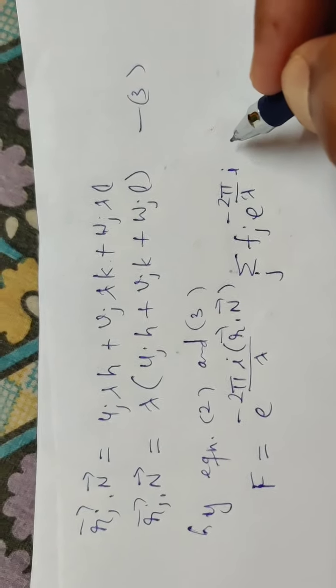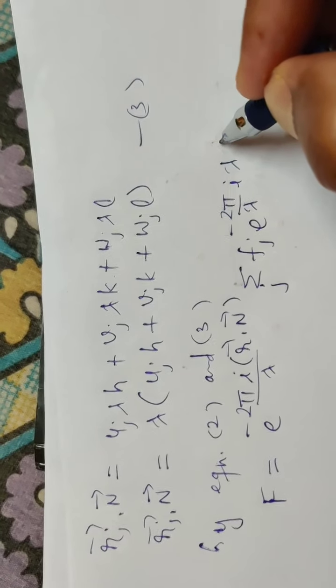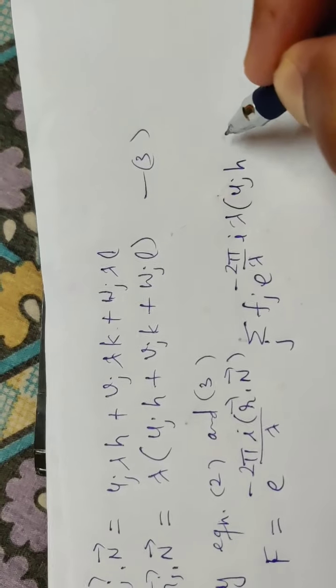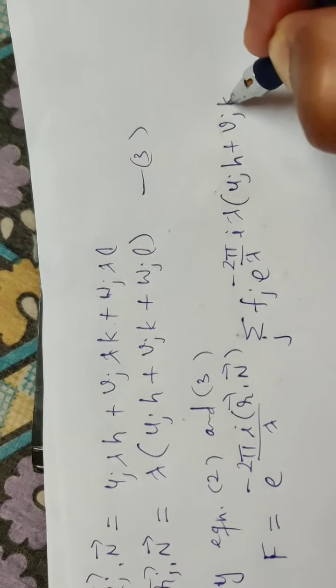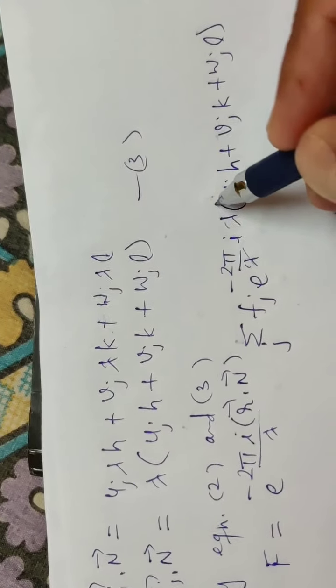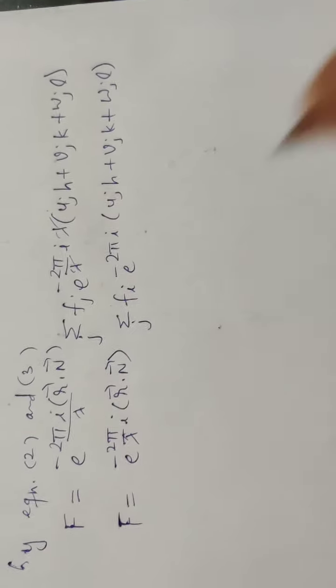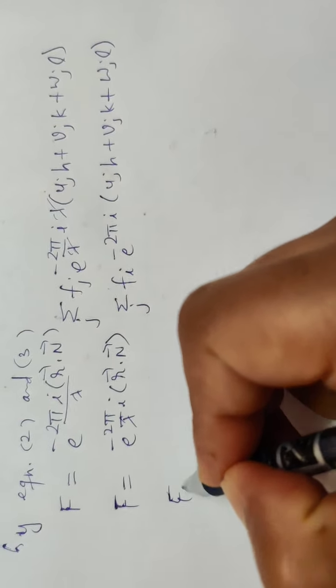Putting the value of rj dot n, this will be lambda into (uj h plus vj k plus wj l). So lambda cancels, and the resulting value will be, now this equation can be written as